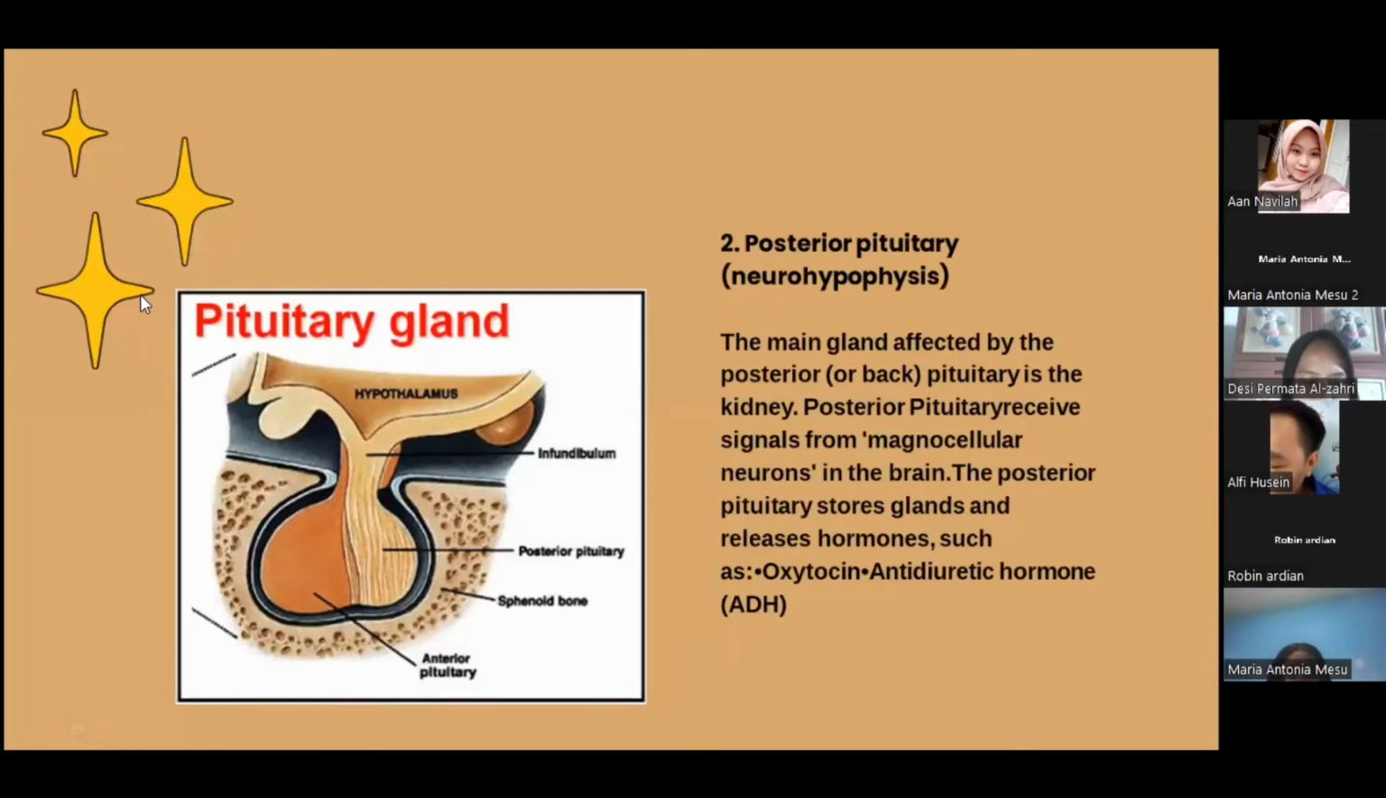Posterior pituitary, neurohypophysis. The main gland affected by the posterior or back pituitary is the kidney. The posterior pituitary receives signals from magnocellular neurons in the brain. The posterior pituitary stores and releases hormones such as antidiuretic hormone, ADH. Next,